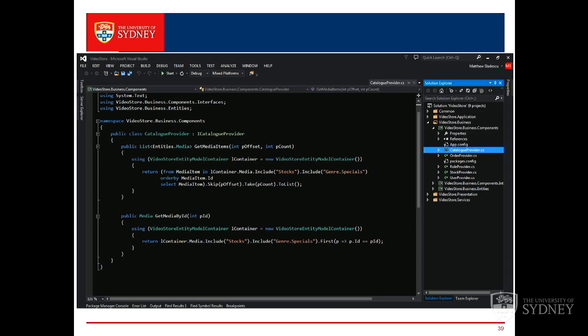My catalog provider. So catalog provider is a type. Interface catalog provider. The I in front of it is just a convention for interface. So we've got an abstract interface for catalog provider, and this is an implementation of that.